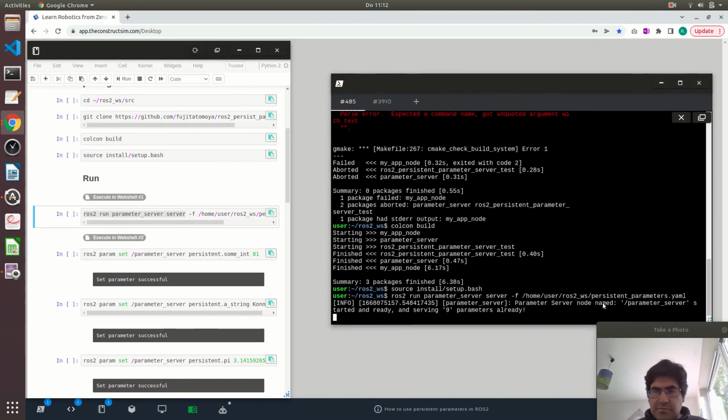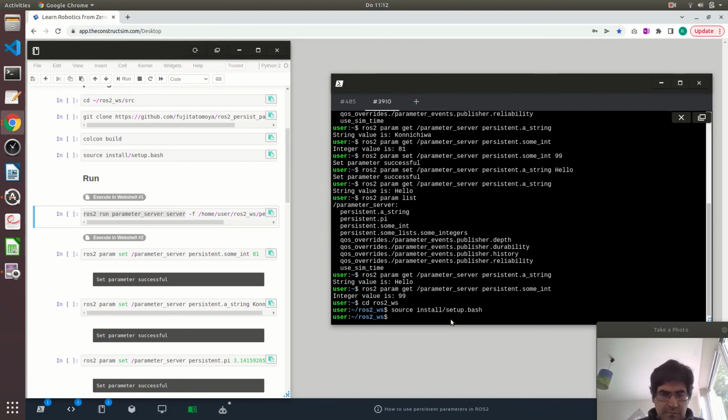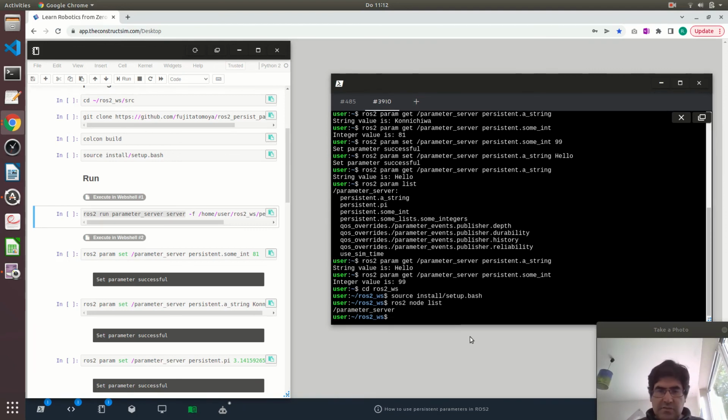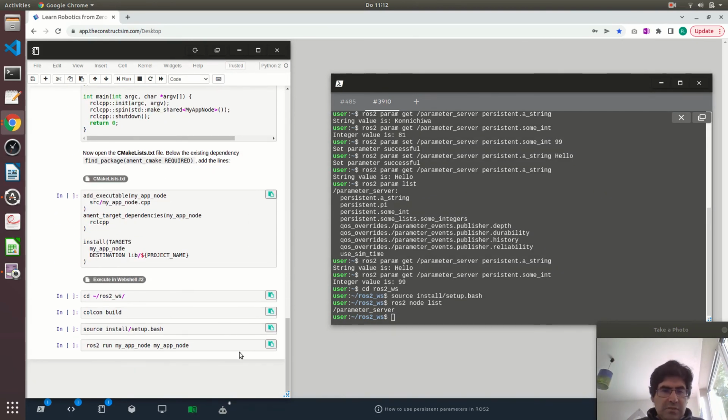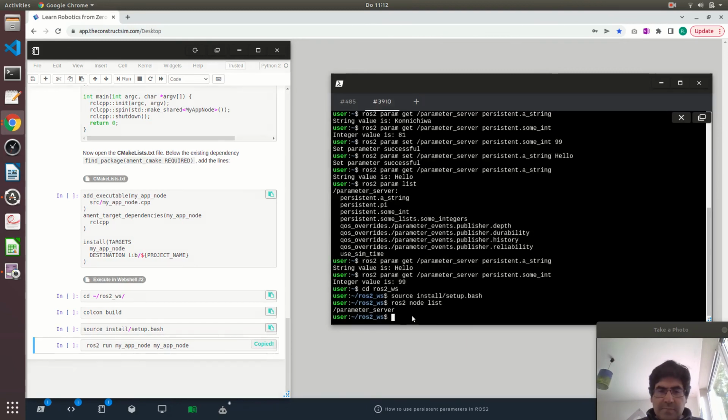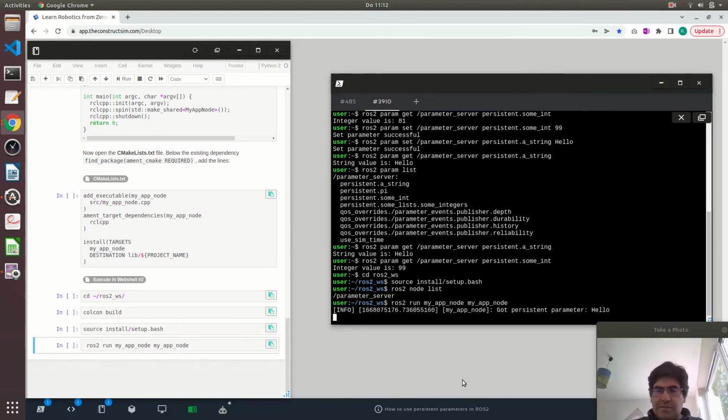The parameter server is running. ros2 node list, let's confirm the parameter server is running, and now I can run the node that will programmatically retrieve this string parameter and print it to the screen. There it is. Got persistent parameter hello,